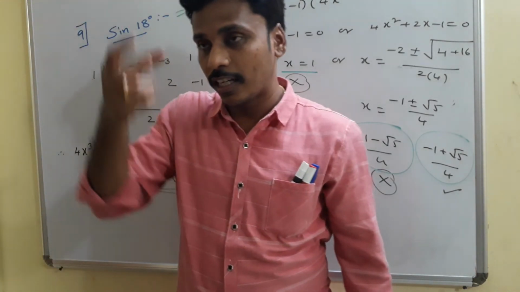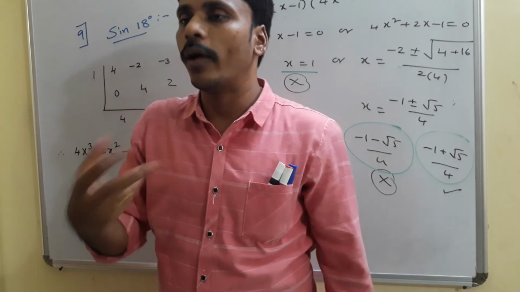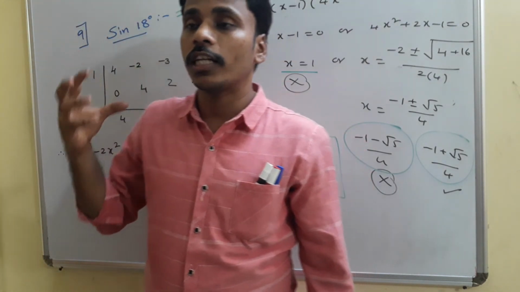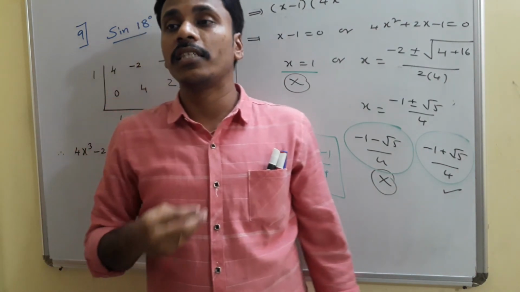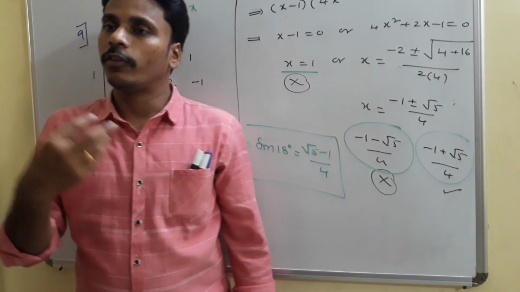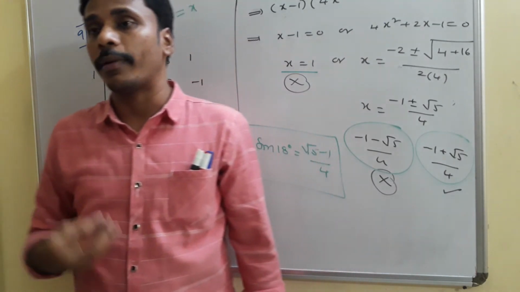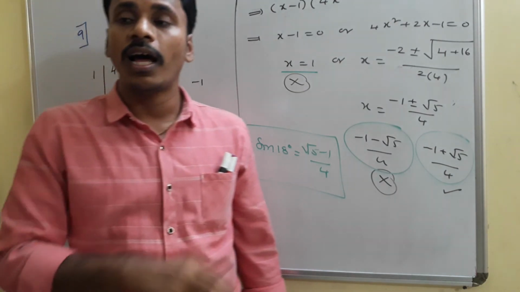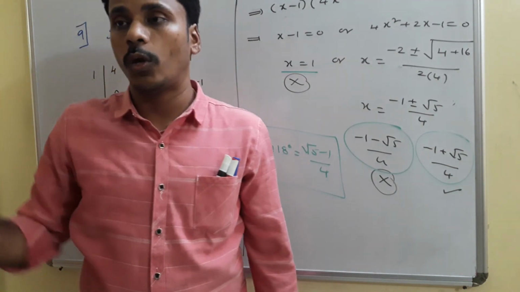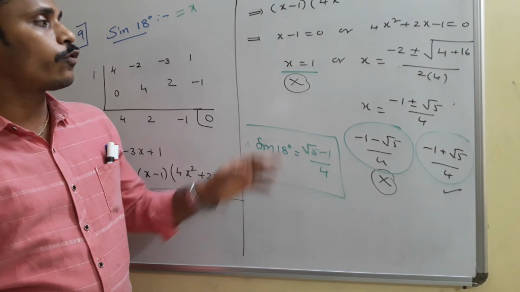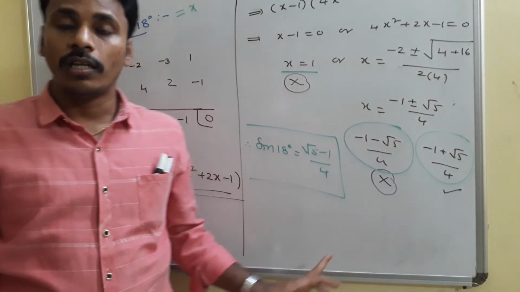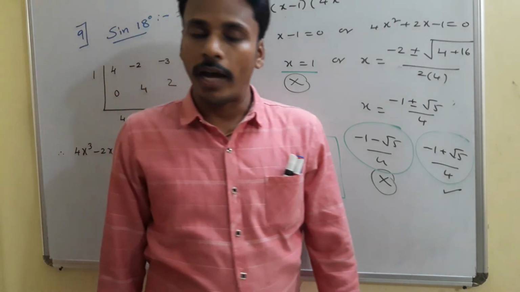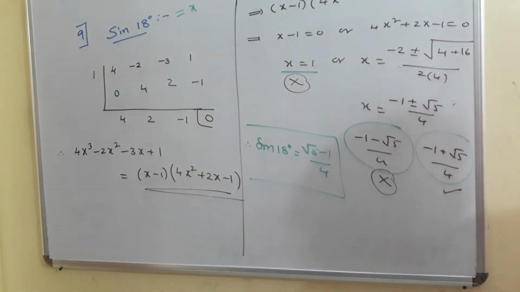The discussion is somewhat new. We need to find sin 18 degrees. For that, you start with the angle theta equals 18 degrees, multiply with 5, express it like 3 theta plus 2 theta, apply sine on both sides, use sin 3 theta and cos 2 theta, everything in terms of sine, giving a cubic equation. If you solve the cubic equation you will get 3 roots. Among those 3, this is the suitable one, and sin 18 degrees is root 5 minus 1 divided by 4.